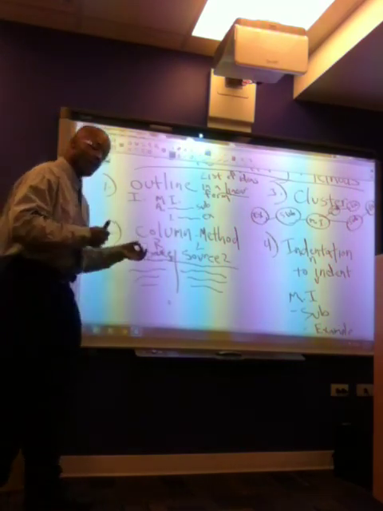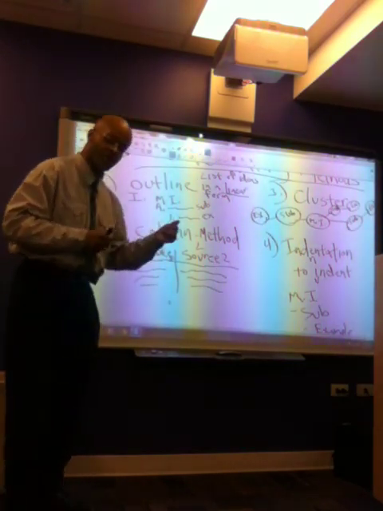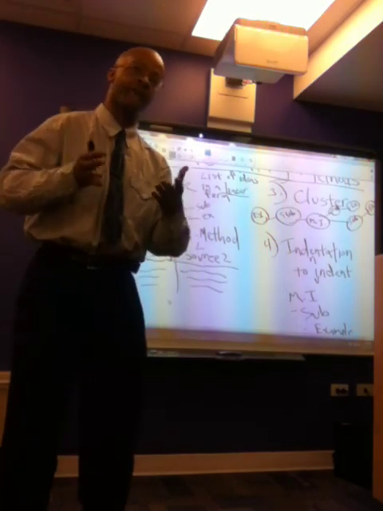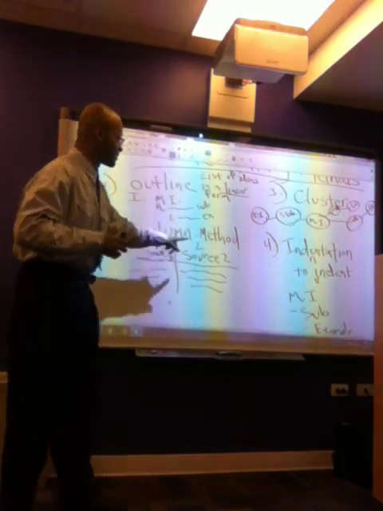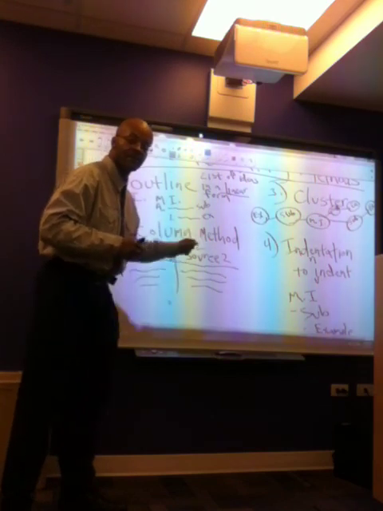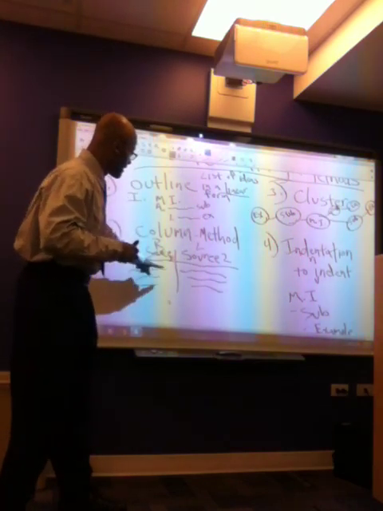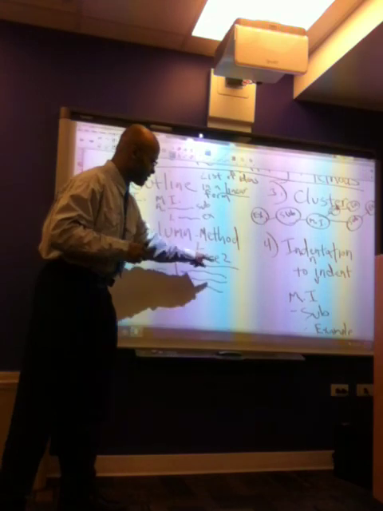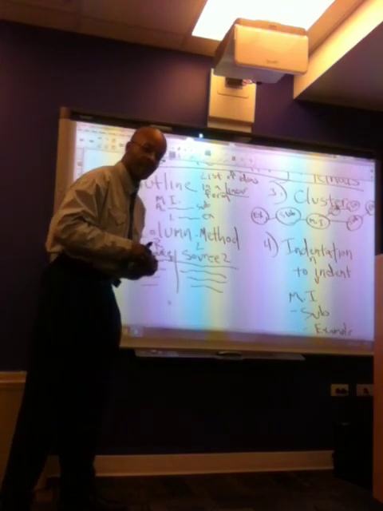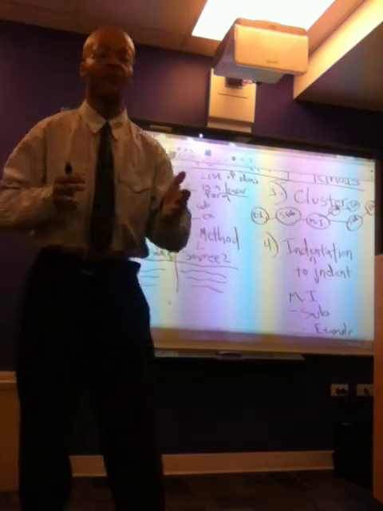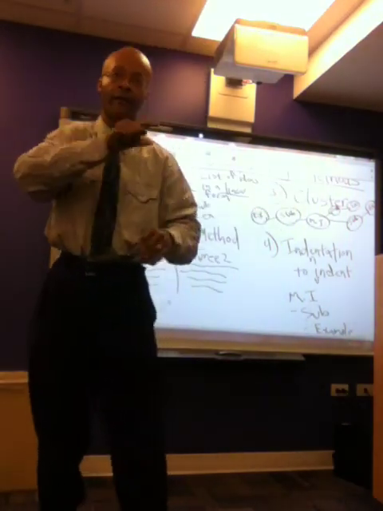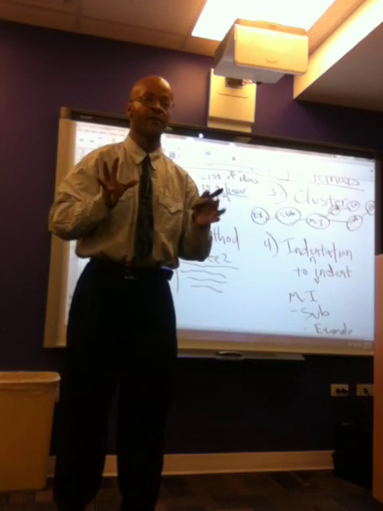Let's say in the conversation between the student and the staffer or the teacher, you have S for student and you have T for teacher, as opposed to writing everything out in a full sentence. They're going to be speaking